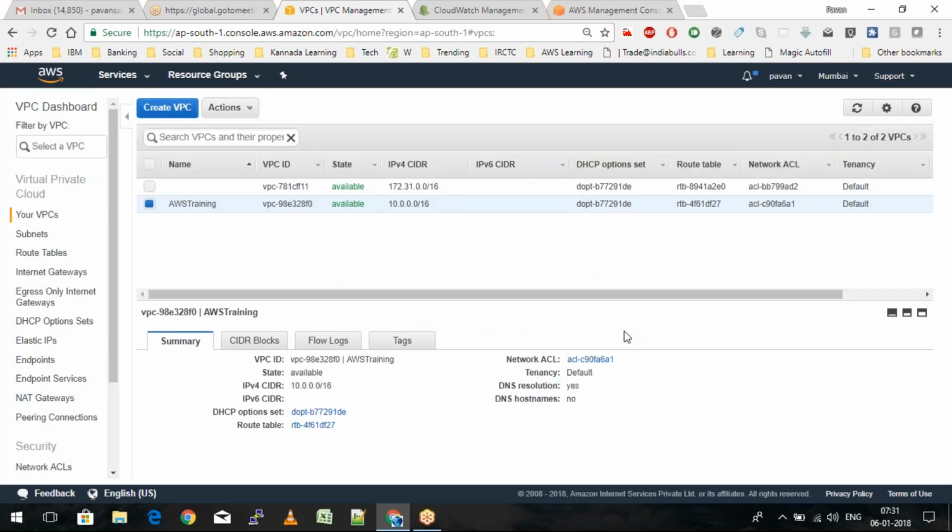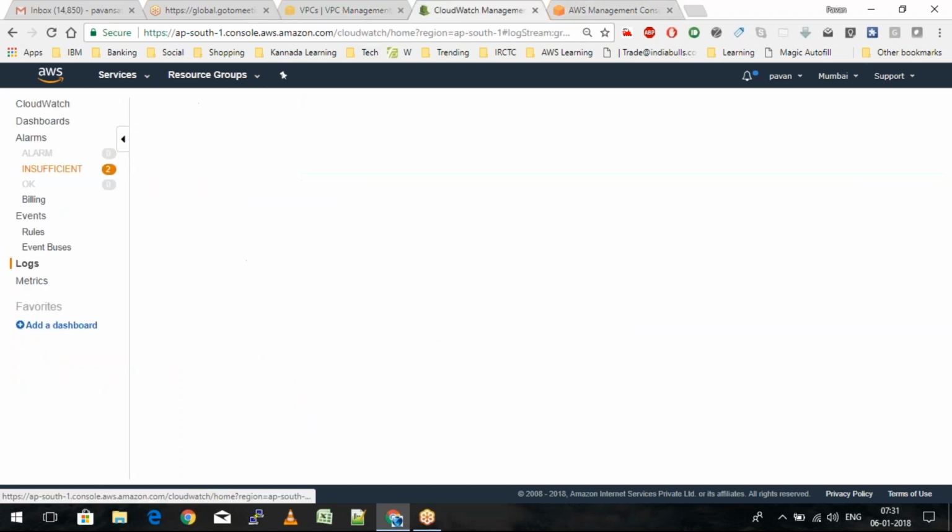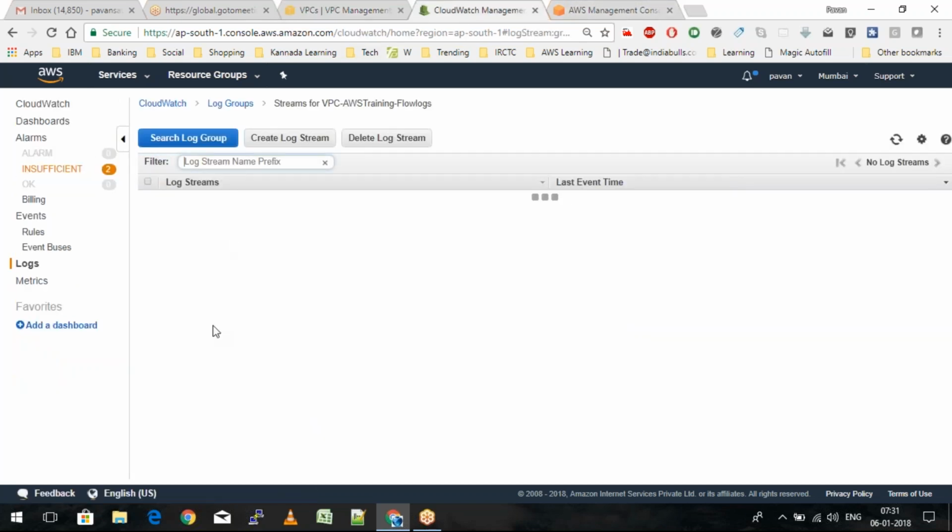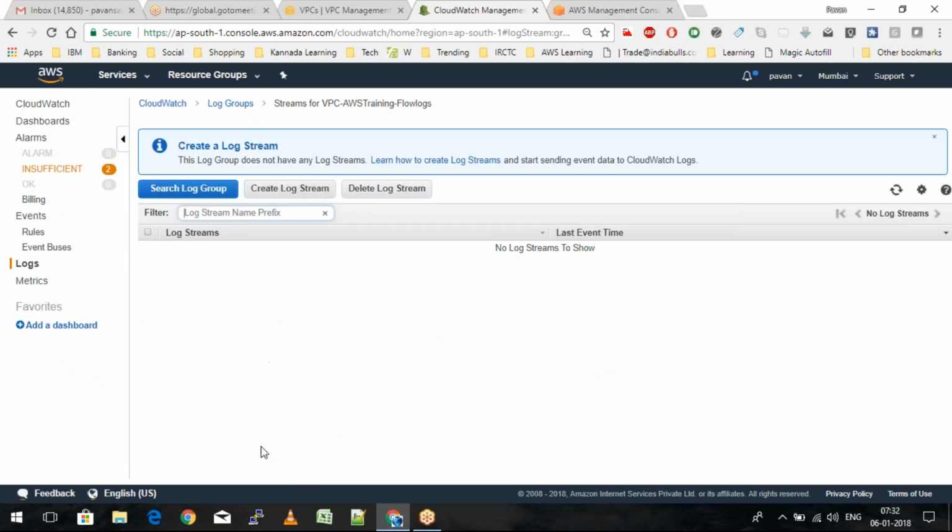That's it. So we need two things while we try to set up flow logs. One is the role so that the VPC will be able to communicate with the CloudWatch service. And second, in CloudWatch, we need to have a log group where I can make the logs recorded, right? In a little while, the logs will start flowing inside this log group. There will be log streams inside this. It will start creating streams for certain points of time, maybe every 5, 10 or 15 minutes, and it starts recording the activity of what's happening with this VPC. That is how we get started with the flow logs for the VPC section.